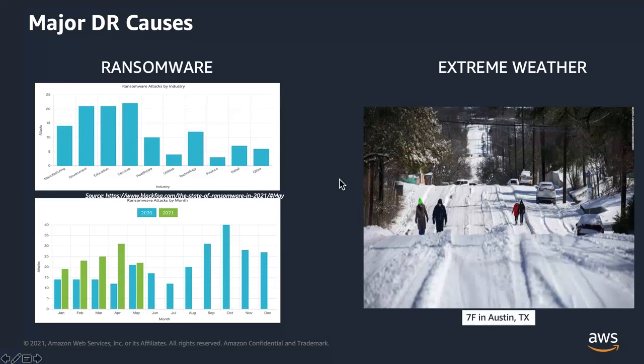The second one is extreme weather patterns that we are seeing. This is not a picture of Aspen, Colorado. This is actually Austin, Texas, back in February, where we had 7-degree Fahrenheit temperatures, never seen snow in Texas. And of course, all of this led to power outages and data center outages. Many organizations in Texas especially got impacted, where they could not even get to their DR data center because they ran out of fuel for power for generators in the second data center.